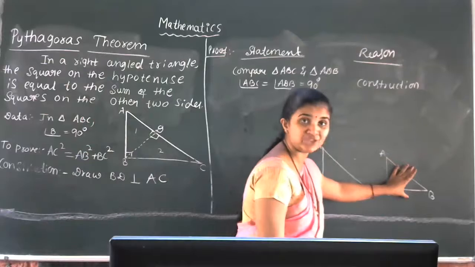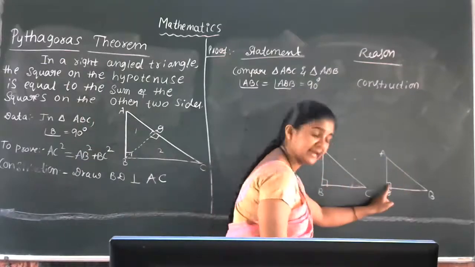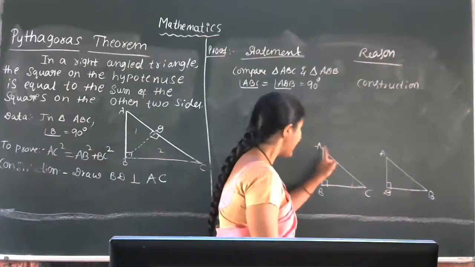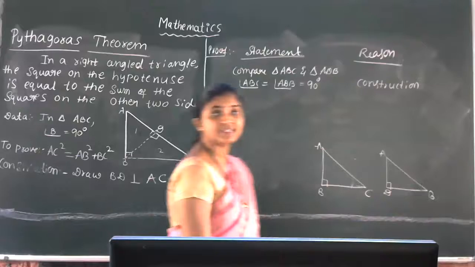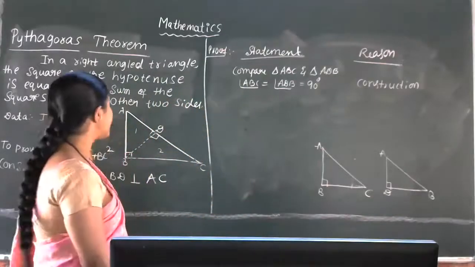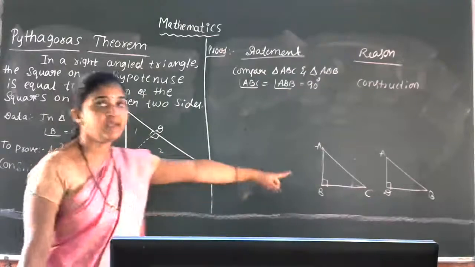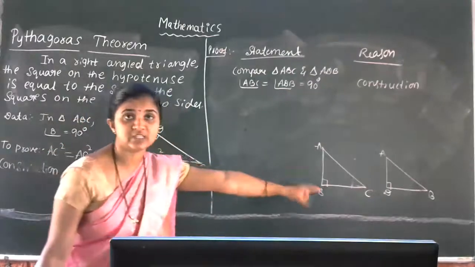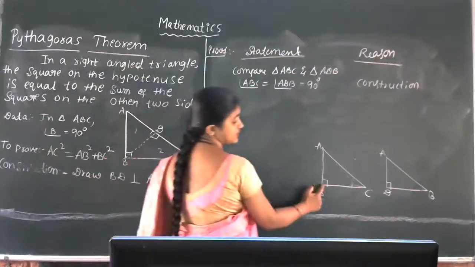Here you got AB divided by AD, which is equal to BC divided by DB, that is equal to AC divided by AB. Now I am going to use this proportion, these corresponding sides ratio. But I need only two pairs of corresponding sides. Which one? I am going to neglect this one. I don't want this BC divided by DB.